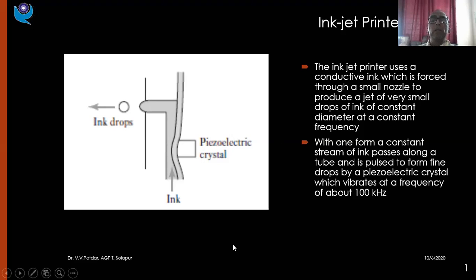Now it is very much in use. You must have seen the HP DeskJet inkjet printer. You must have seen the cartridges of 3 different colors which can be used in this inkjet printer. And as you are aware, the inkjet printer's print quality is better than the dot matrix printer. Now let us see how it works.